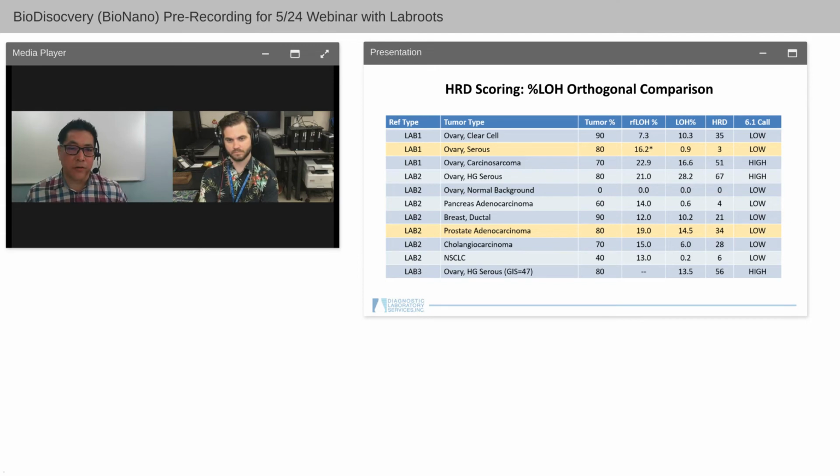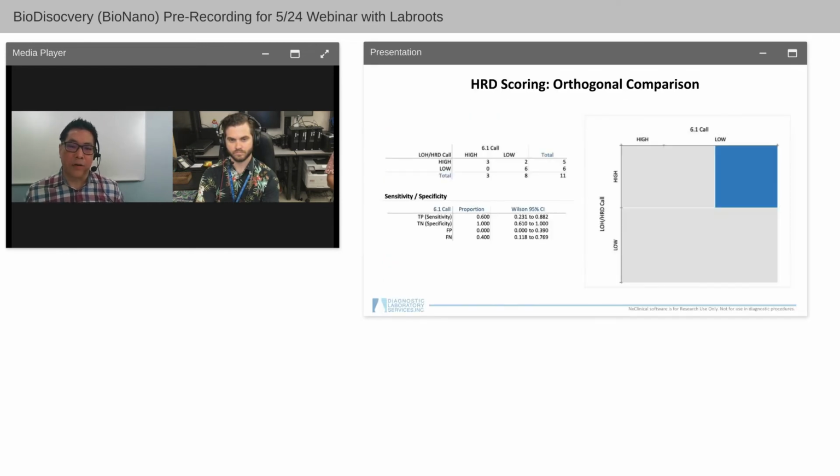But it just shows that there is a discrepancy in LOH and HRD, and that was echoed in a poster at last year's ASCO, identifying the fact that LOH and HRD don't have good concordance. And that makes sense because HRD scoring has so much more involved in determining an HRD deficiency beyond simple loss of heterozygosity. And I think that this table highlights that. If you look at our test performance of HRD calling versus percent LOH, you can see here that it has